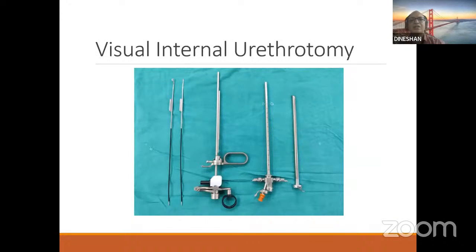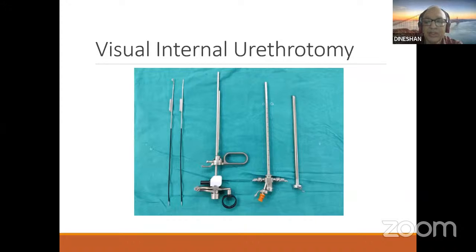Now coming to another important instrument, the visual internal urethrotome. It is used for two most important purposes: to divide strictures and for bladder neck incisions.